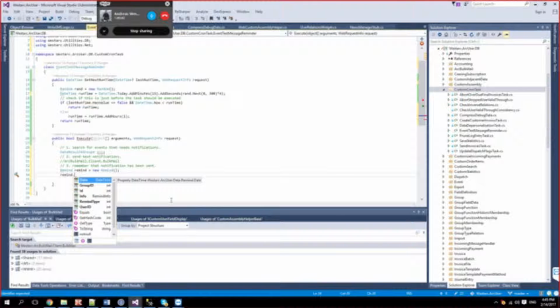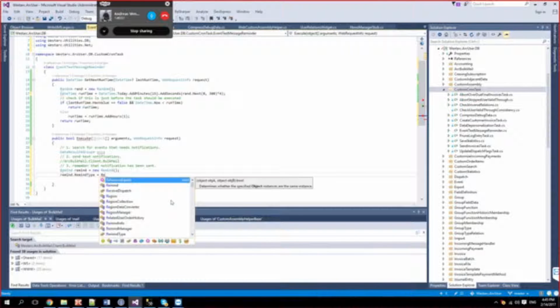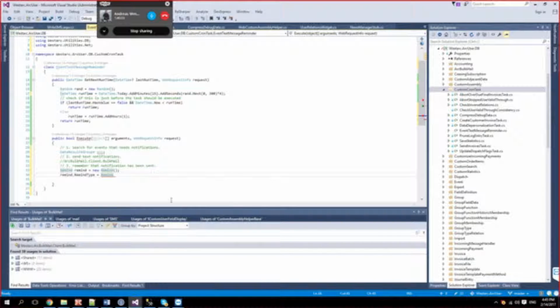Remind has a remind type. And we try to use enums as much as possible because it makes it easier to find stuff.